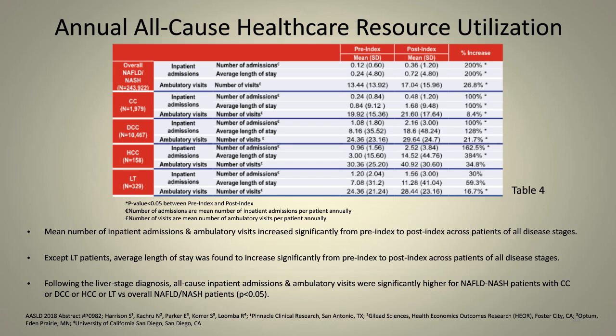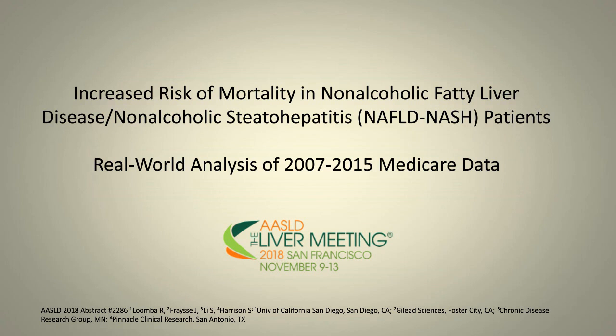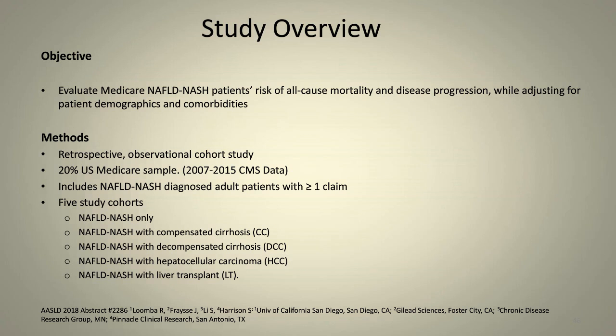Now, the final abstract I wanted to share with you, and then we'll open this up for questions, is a real-world analysis of Medicare data looking at increased risk of mortality in patients with NAFLD and NASH. So again, this was a retrospective observational cohort study. A sample of 20% of U.S. Medicare patients were looked at, and it included NAFLD diagnosed patients with greater than or equal to 1 claim, and there were 5 different study cohorts, NAFLD and NASH only, those with compensated cirrhosis, those with decompensated cirrhosis, liver cancer,